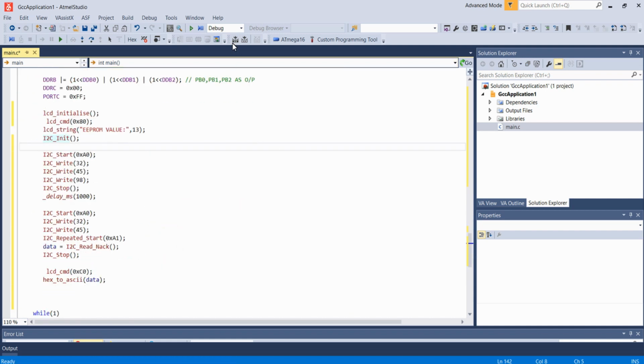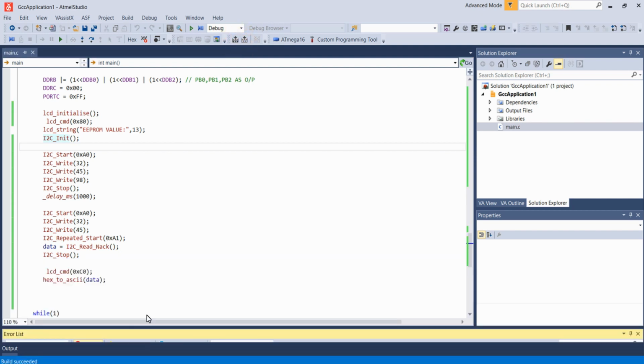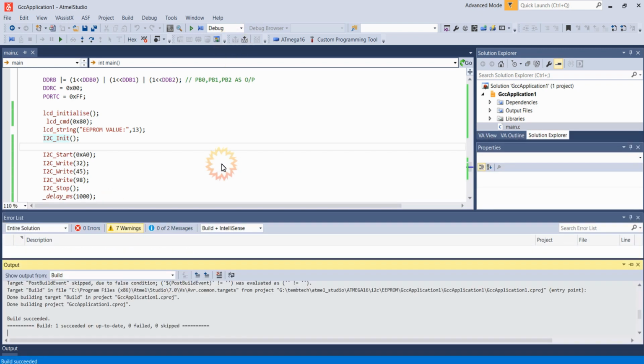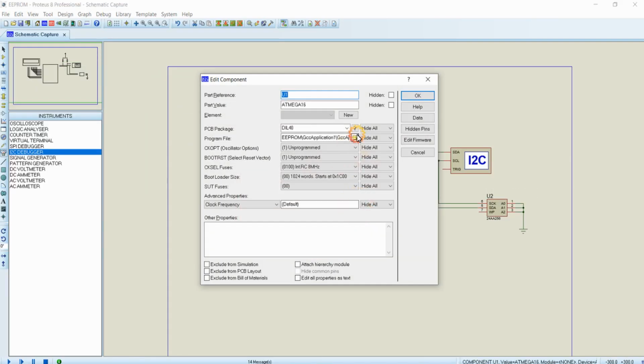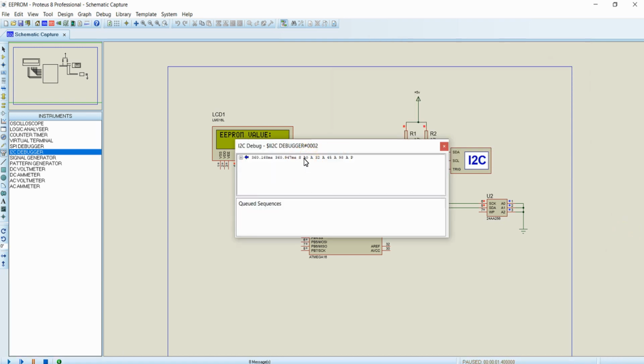Now I'm building the project using the build icon over here. Build is succeeded. Now I'm loading the program. Initially you can see start bit following A0, then the acknowledgement is received, then 32 acknowledgement, 45 acknowledgement, and the data that we are writing 98, then the acknowledgement is sent and the stop bit is sent.